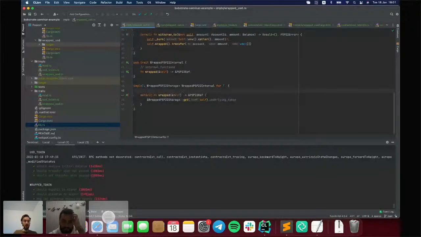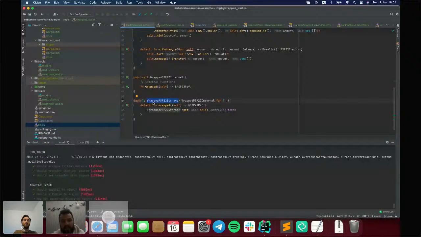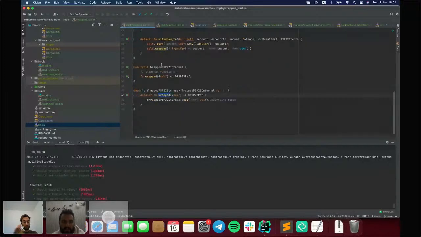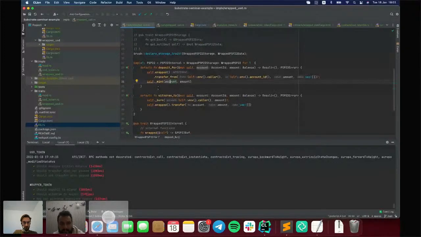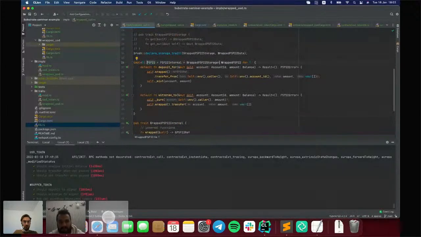We also implemented that trait for any generic type that implements wrapped PSP22 storage. And we can use that method here because we know that the set of restrictions of that implementation is a subset of the restrictions of the other implementation.